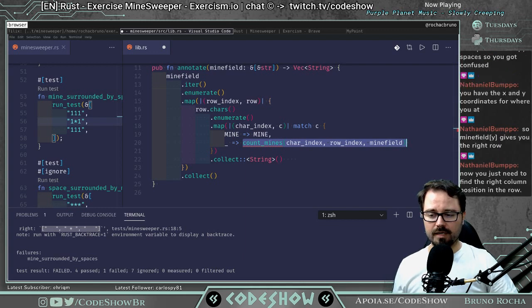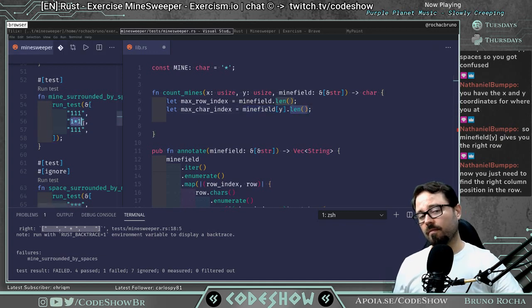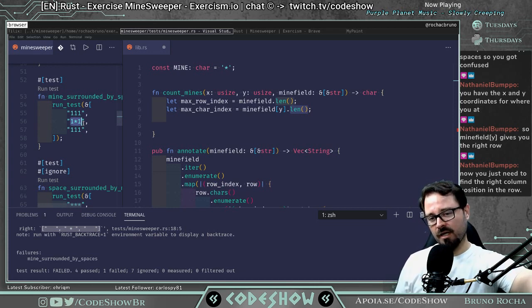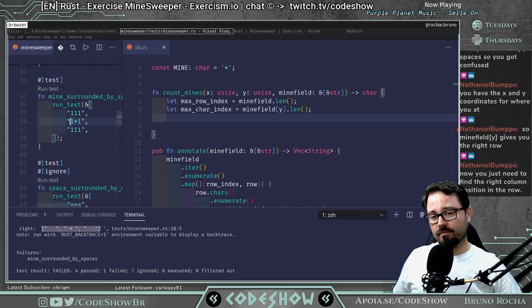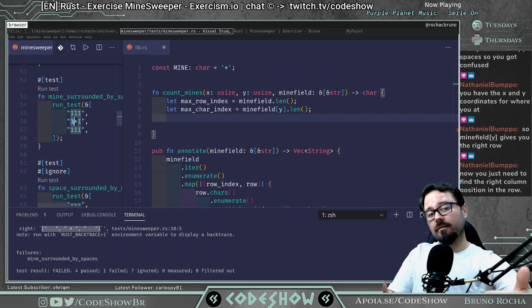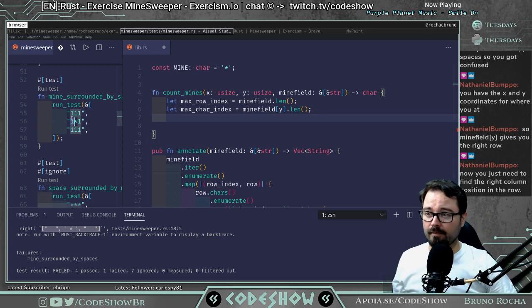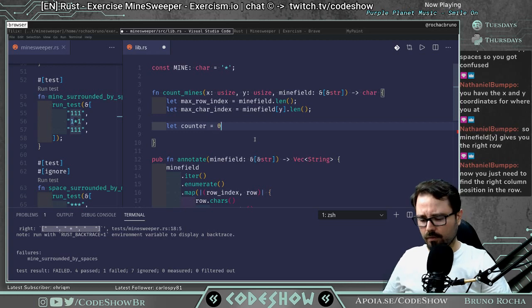What more? Minefield Y gives you the right row. Yeah, Minefield Y is where I'm here, right? Max char index. I have Minefield Y, which is where I am, and I'm getting the len of it because I want to know how far I can go when I'm going to search for the mine. And now I'm going to start looking for that mine because I'm here at the first one. I'll see an empty space, right? And the empty space is telling me that somewhere in that row or in that column I can have a mine, and I need to do the search twice. I have to iterate over it again. I'll try, right? So for doing the search, I will create a counter. So let counter equals 0, and I will be